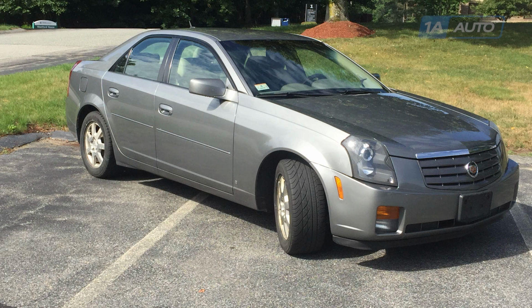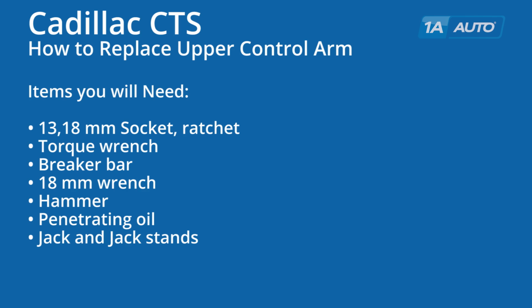In this video, we're going to show you how to replace the upper control arm on this Cadillac CTS 2006. The items you're going to need: